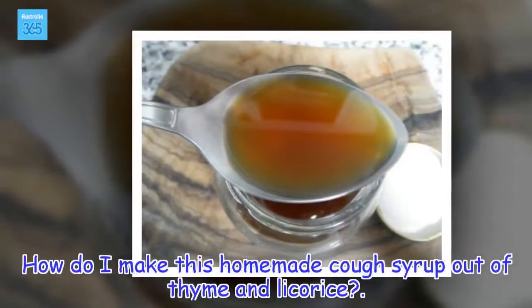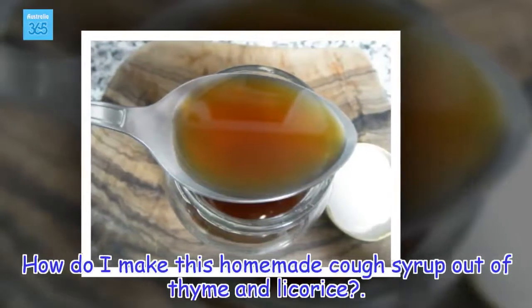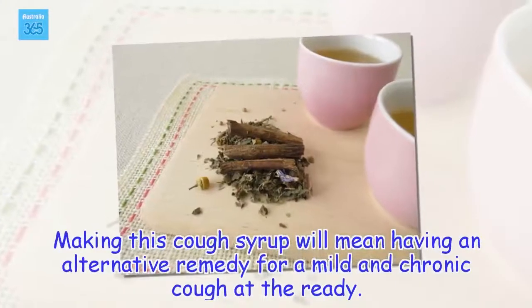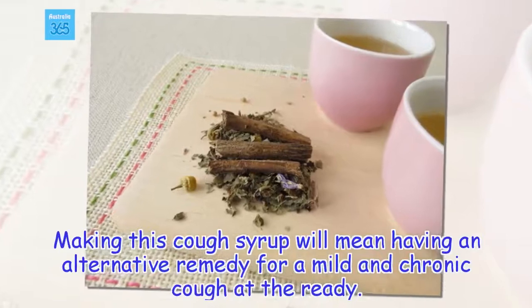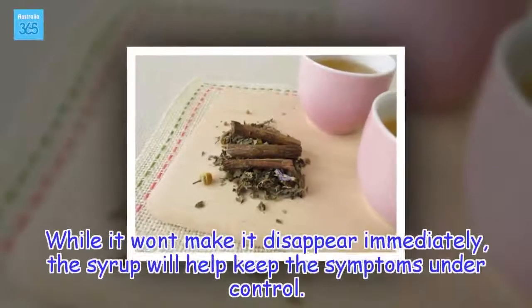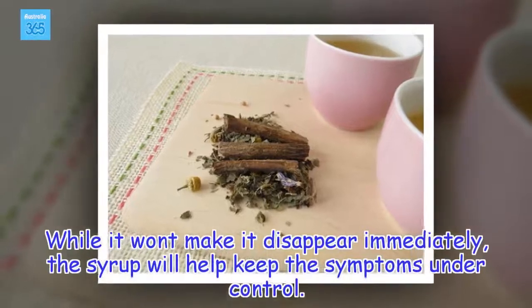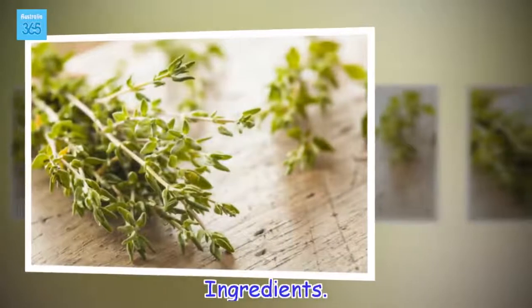How do I make this homemade cough syrup out of thyme and licorice? Making this cough syrup will mean having an alternative remedy for a mild and chronic cough at the ready. While it won't make it disappear immediately, the syrup will help keep the symptoms under control. Ingredients: